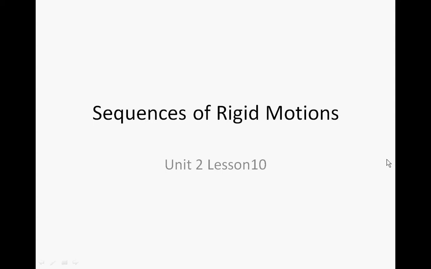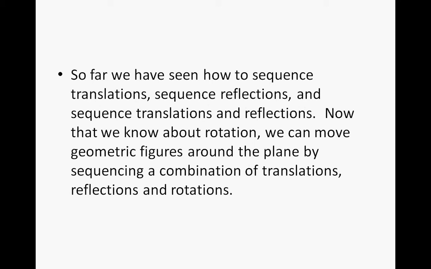Okay, our next lesson, lesson 10, sequences of rigid motions. So we've done sequences of translations, reflections, and rotations, and now we're combining them all for all of the rigid motions. So far we've seen how to sequence translations, reflections, and translations and reflections. And we know about rotation, and we can move geometric figures around the plane by sequencing a combination of translations,